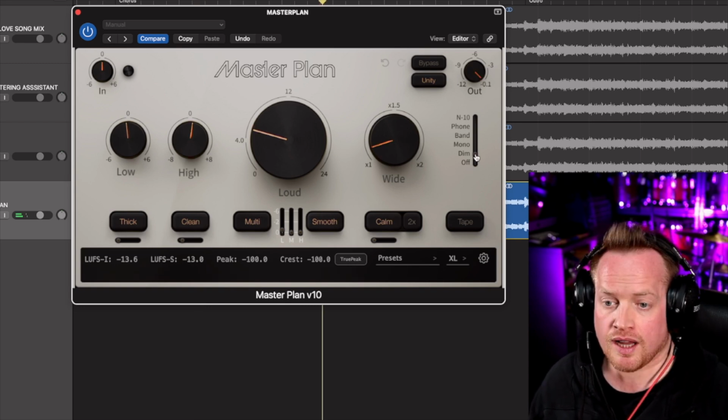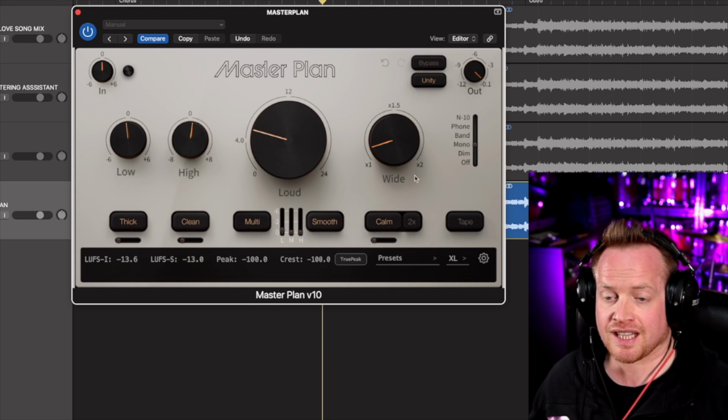We can dim the signal, mono, which is going to mono the signal, so we can check the mono compatibility